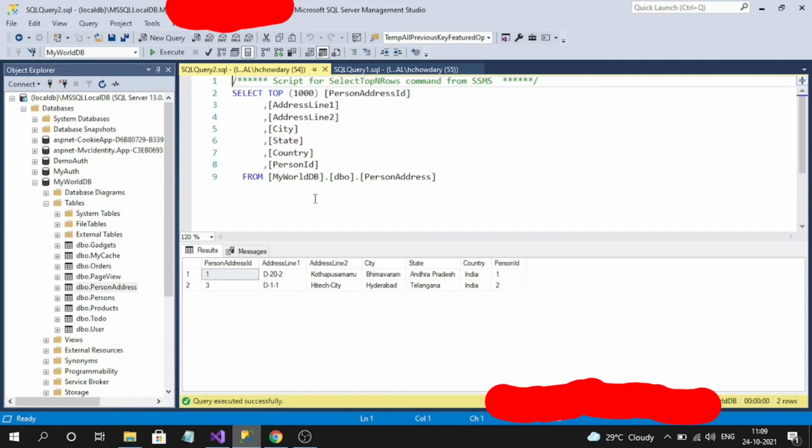I already have one child table, that is person addresses, and I'm storing the person ID as a key. So let me create one more DTO class for my response for the addresses, so that I can link up this new class with my person DTO so we can make a complex object.